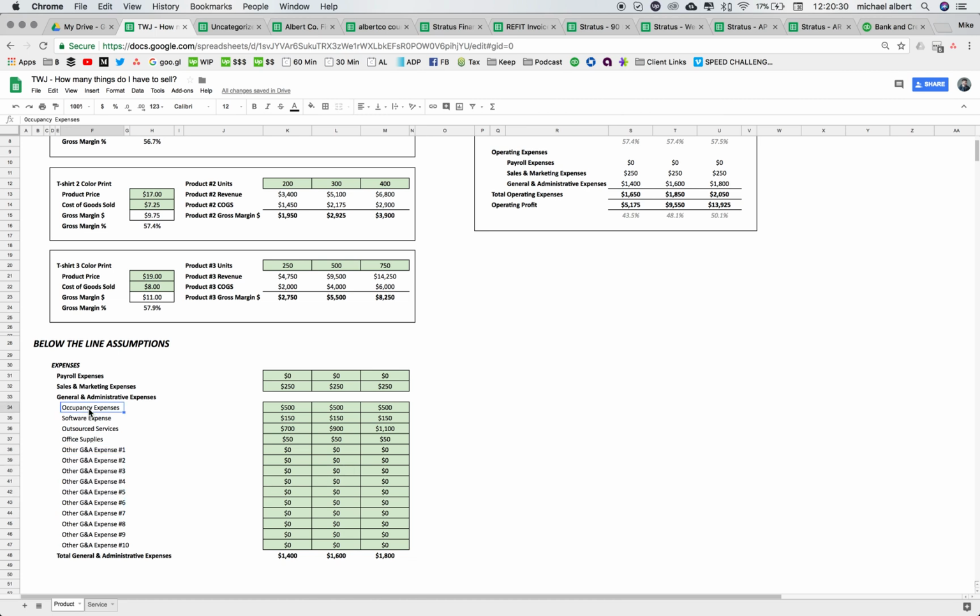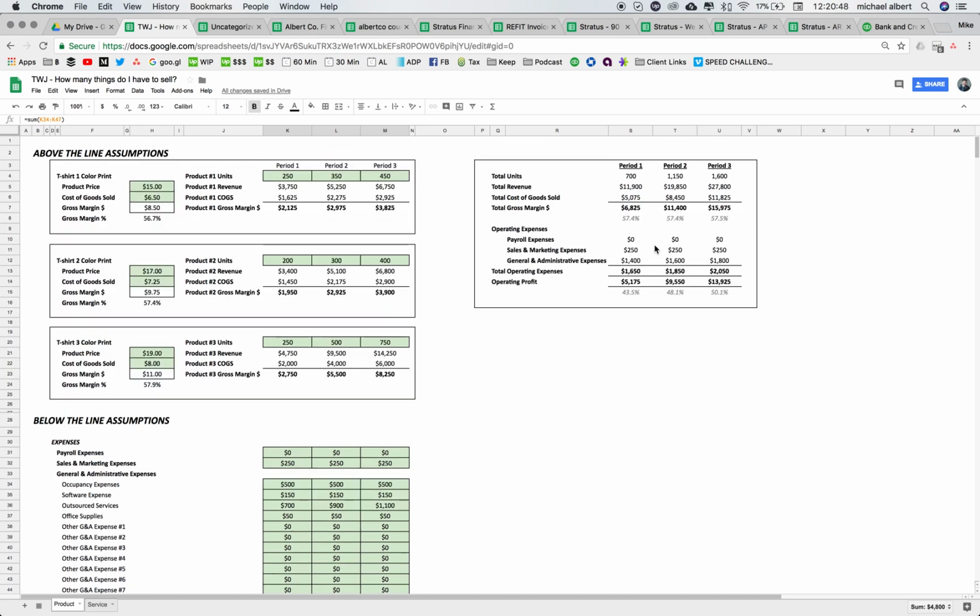So the general ones I have here are occupancy expenses, software, outsourced service, and office supplies. And I just plugged some general numbers in here, or some rough estimates of what I think it would take to run a one-person screen printing shop. And this is kind of what they total out to be. So in general, this